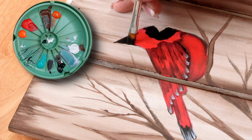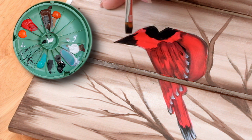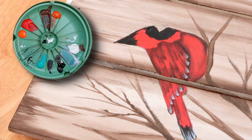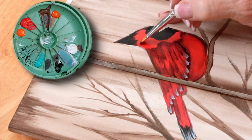All right, so what I want to show you is shading inside this face. Gives you also a good look of what a cardinal looks like. So I'm going to wash that off, and I just want a little bit of floating medium. I've got white paint in my floating medium. I'm trying to miss it, but I'm going to move it a little bit. Okay, so floating medium, and I'm going to side load the pure black, and I'm going to come right along here,